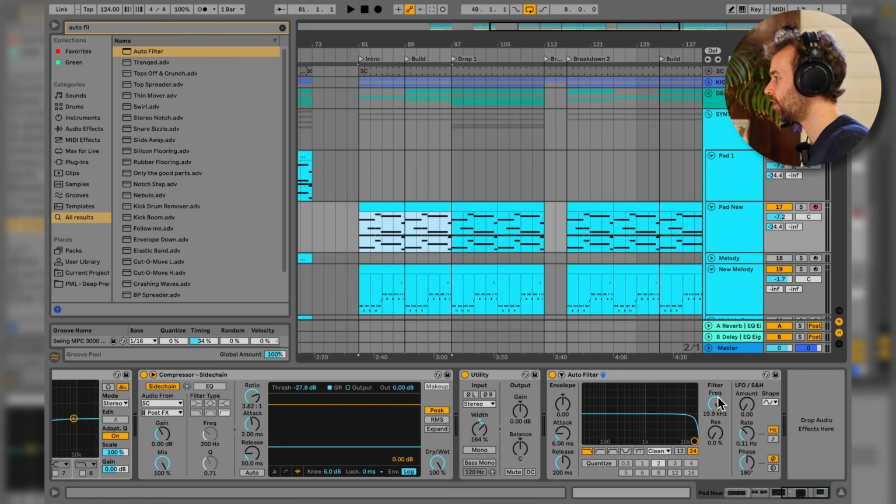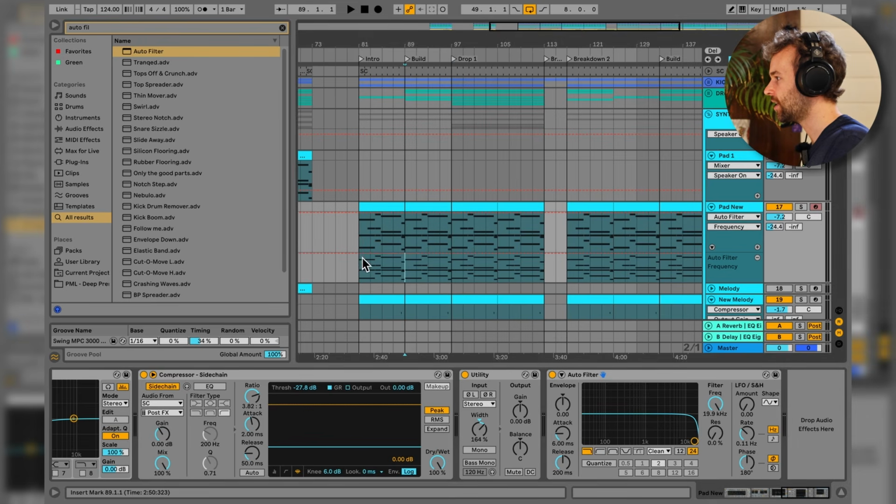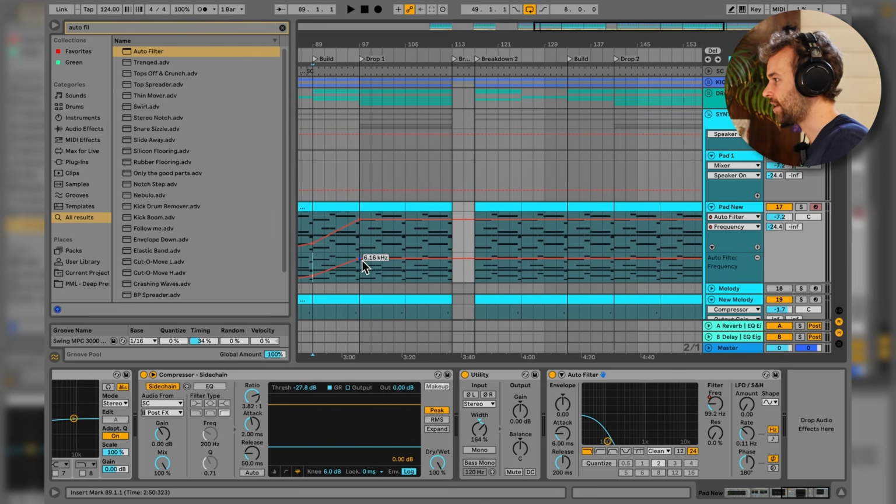So I could right click on the filter frequency here, show the automation in a new lane, have this start quite low, increase over the course of this intro and build up, and maybe it doesn't increase as much over the course of the intro. And then potentially we can even have it so that it increases over the course of the drop as well, before kind of going back down here right at the end as a little bit of a